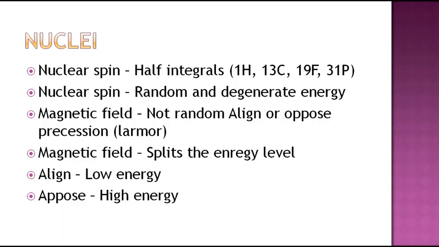And this splitting of energy levels is the key where the radio wave can be absorbed and the nucleus can be excited, and therefore that nuclear excitation can be studied by NMR. Otherwise the nuclei cannot be studied by NMR. That's why the magnetic field is an important integral part of NMR spectroscopy. Only then can you make excitation between spin states. Otherwise the radio wave will not be absorbed, and there is no possibility of excitation. If there is no possibility, then you cannot record the spectra. That's why we need a magnetic field, right?